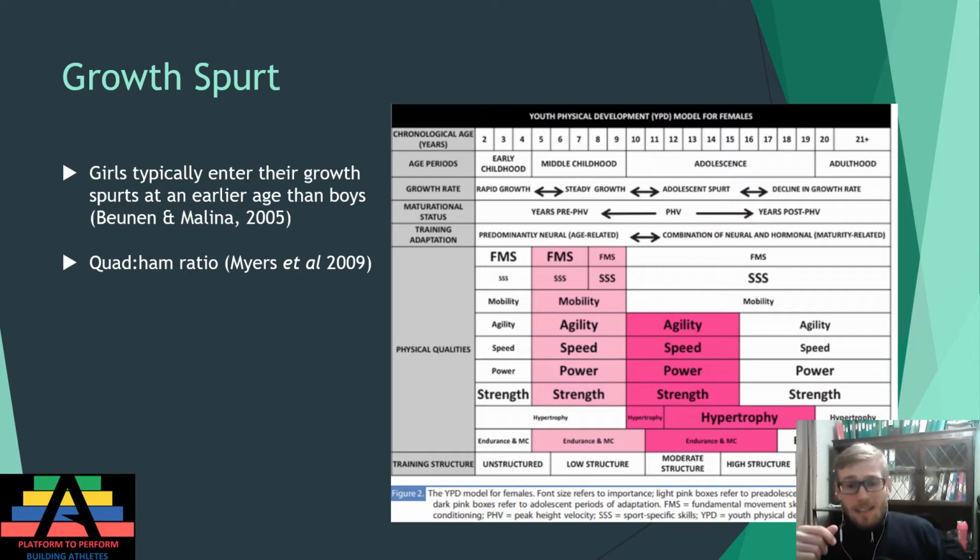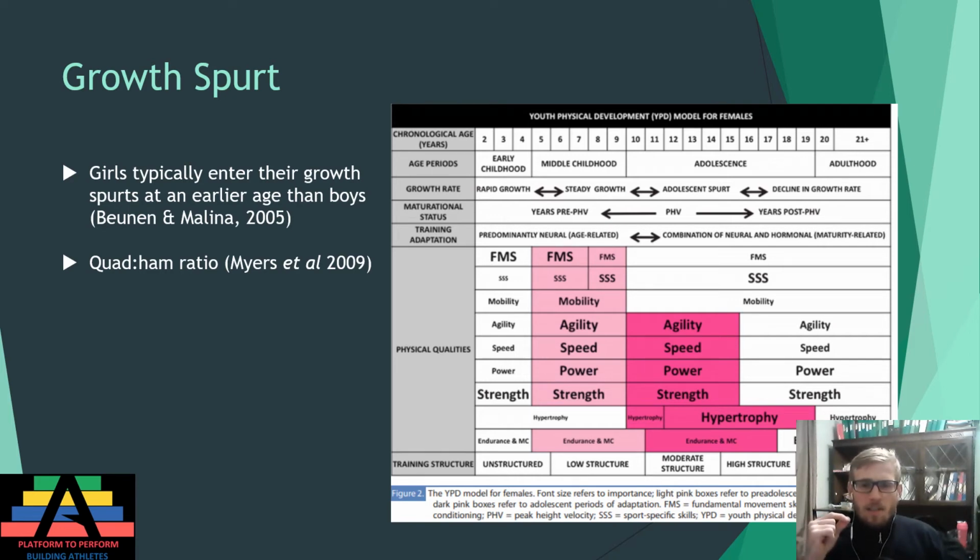Another thing that's really interesting is the relationship between the strength of the quadriceps at the front of the leg and the strength of the hamstrings at the back of the leg. A paper by Myers et al. 2009 found that as girls go through puberty, their quadriceps strength continues to increase, but hamstrings don't quite follow suit. And again, what this means is this predisposes youth female athletes to injuries,